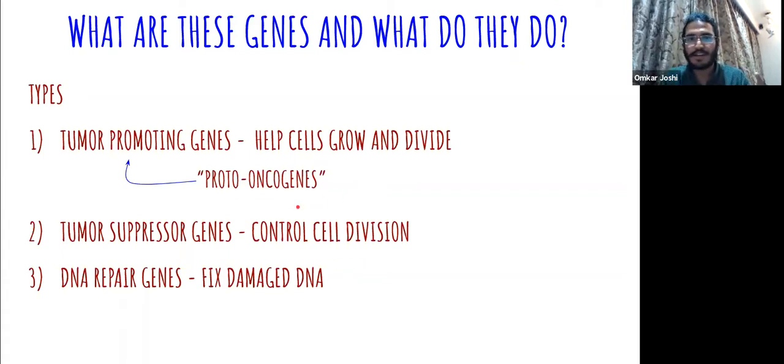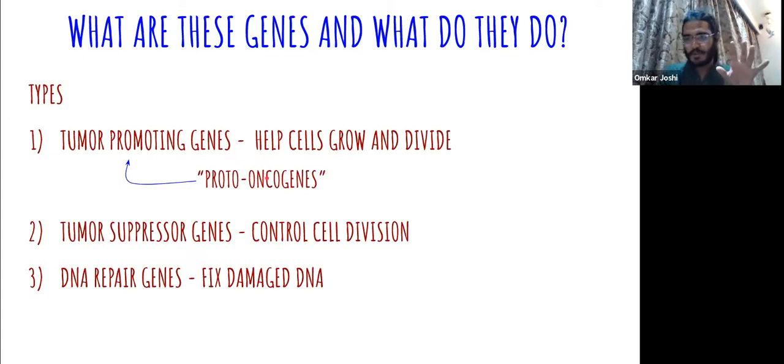By the way, tumor promoting genes are also called proto-oncogenes. Onkos, I think, is a term originating from Greek. It means a swelling. A tumor is a swelling that you can see. So an oncogene means something that causes swelling, and a proto-oncogene means something that is not yet causing but has the potential to cause cancer. Proto is primitive, right? So it's a primitive oncogene which, in normal healthy circumstances, is not causing cancer, but if it gets mutated, it can become an oncogene or a tumor promoting gene.